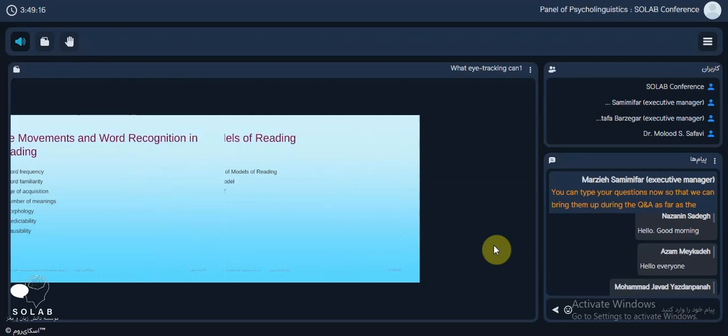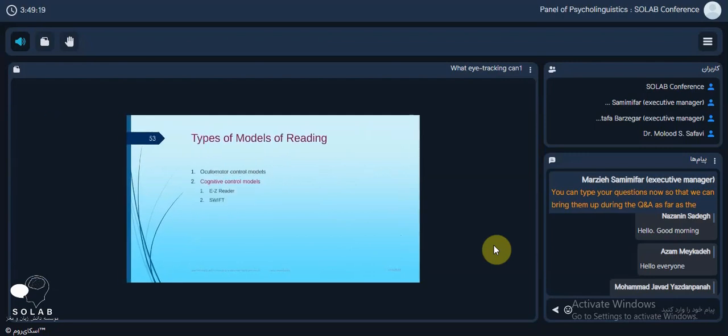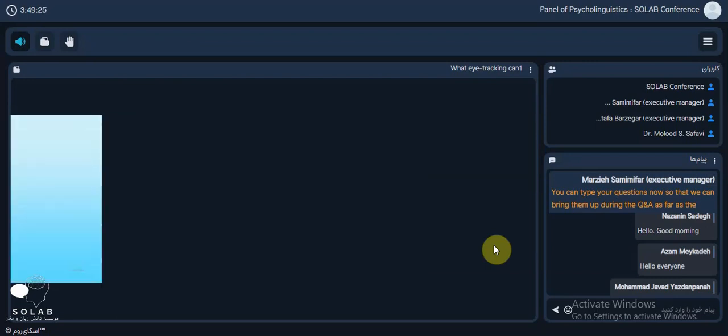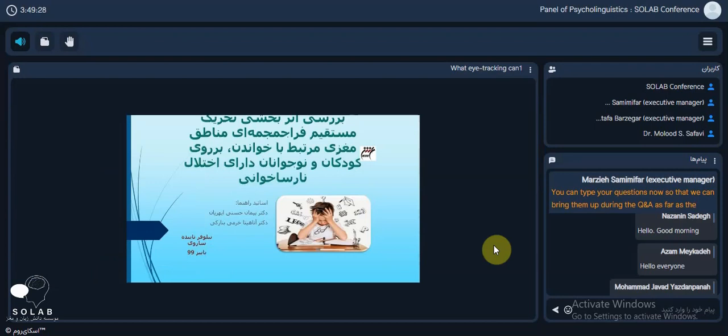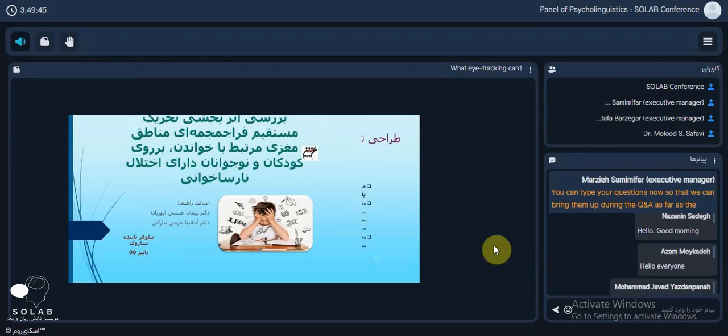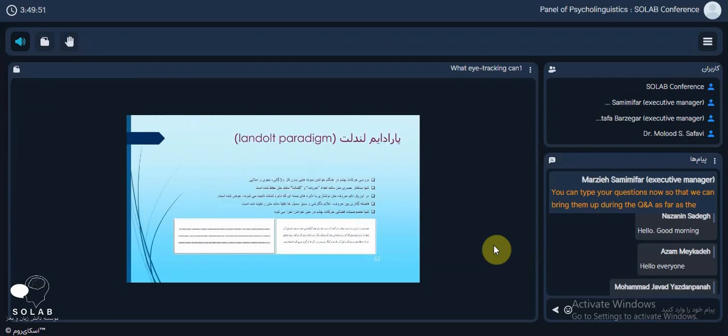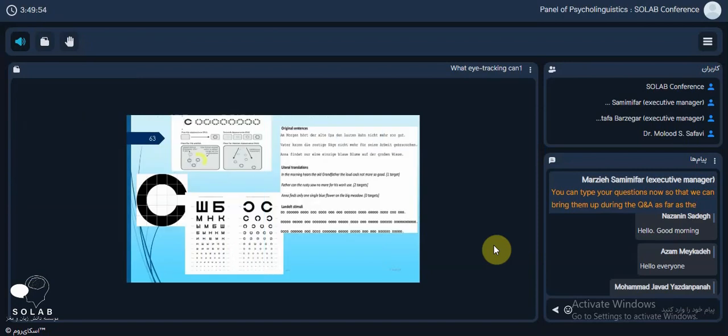And another study I want to talk about is a model of reading. I mentioned to you that reading is a special process. I want to show you what exactly spatial processing, spatial sampling is. We work on the learning disorder dyslexia, with Nilufar Tabande, my student, through eye tracking, and use Landolt notes and compare with the Farsi sentences. What is a Landolt note and how do we compare that?